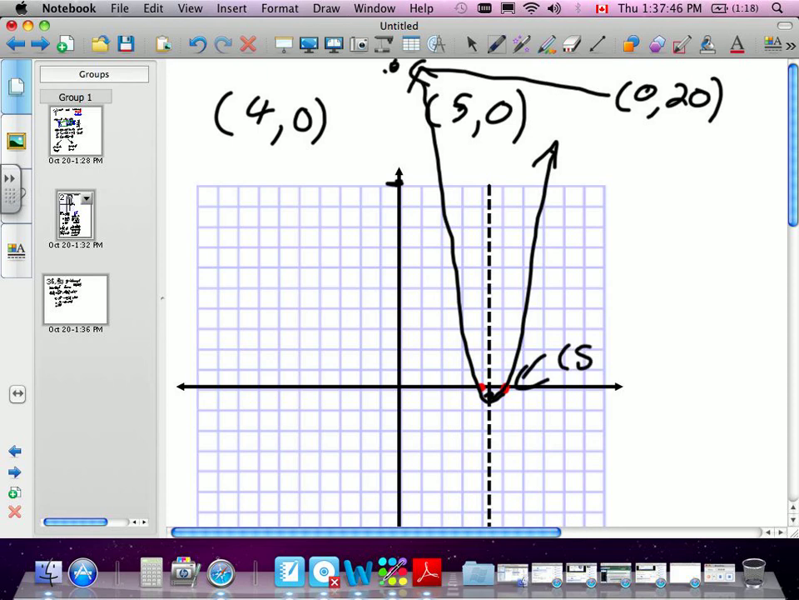So are you giving us the graph? Yeah. 2 X intercepts and the vertex. So you don't